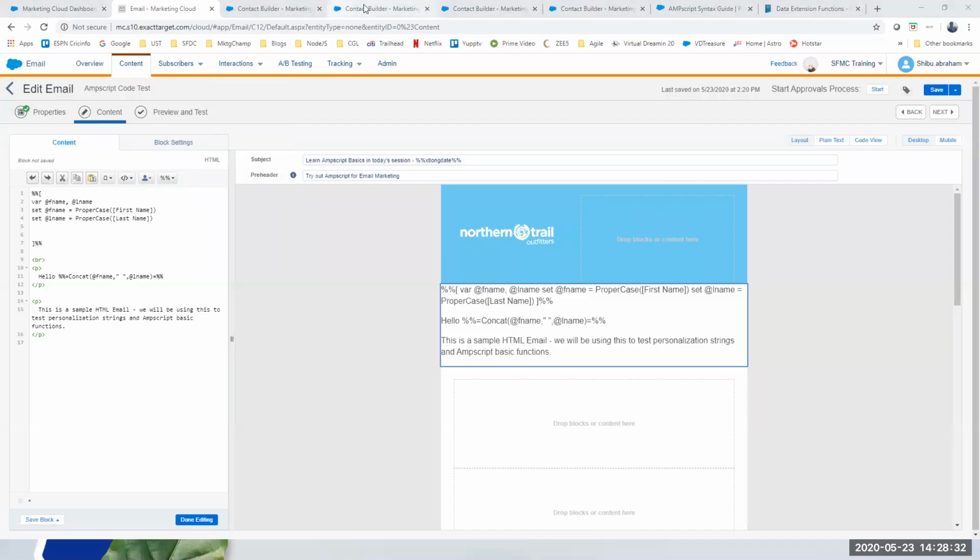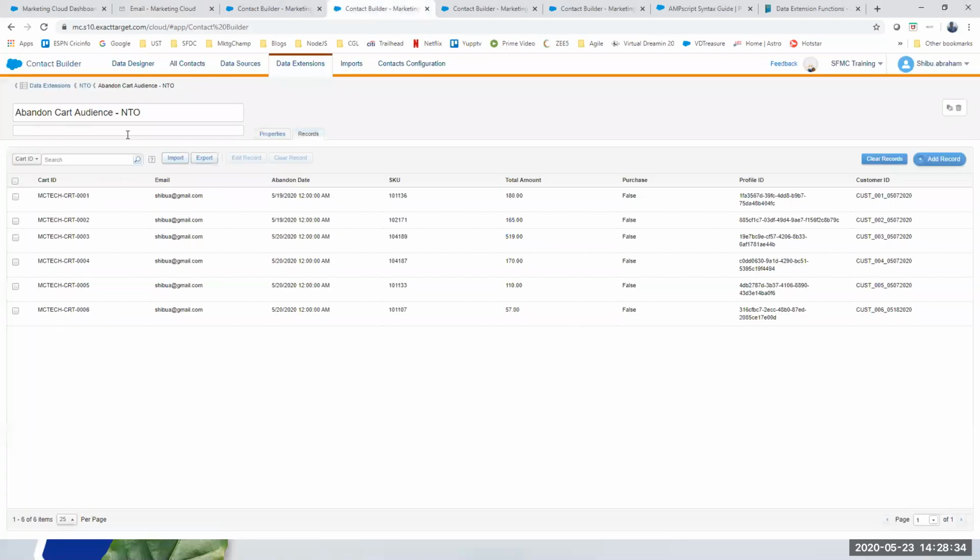Okay, so we have a table here called the abandoned cart. Abandoned cart, like some of you might know, is when somebody comes to your site and then they shop. Sometimes they leave a particular product in their cart and then they do not buy it and they go. They probably say, I have not decided to buy it, I might come back and do it later. So they just save it for later.